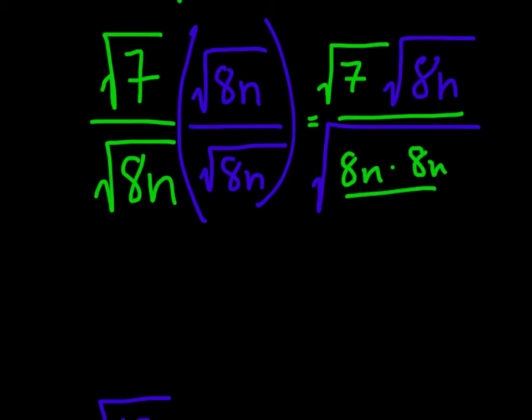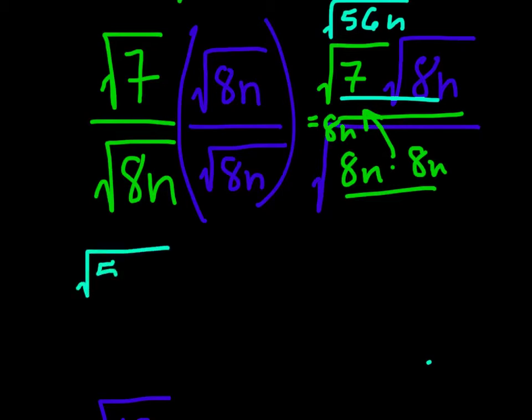Square root of 8n times 8n, that'll come out as essentially those two pairs can hold hands and they can leave this situation, be freed from it, and we just get 8n. So essentially on the top, if we look at this, 7 times 8 is 56n. So we have the square root of 56n over